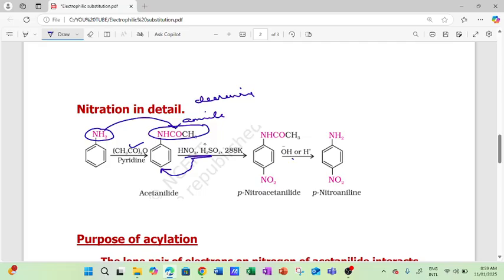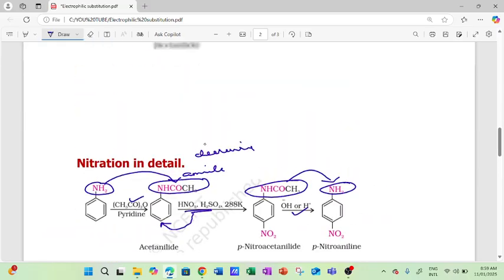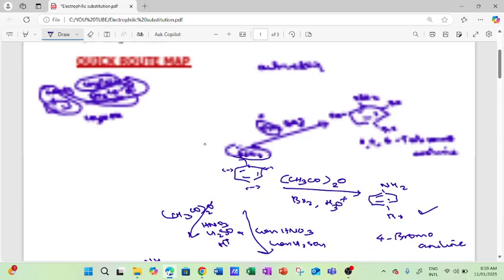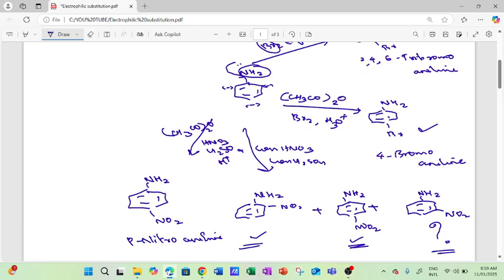And after that, when you do hydrolysis, this amide will change back into amine. That is para-nitroaniline. Same reason, the purpose of acylation is always the same. Instead of moving electrons to the benzene ring, it is moving away from the benzene ring, so that the activating capacity of benzene decreases. That is the fourth reaction. So 1, 2, 3, 4 reactions are done. Now next is